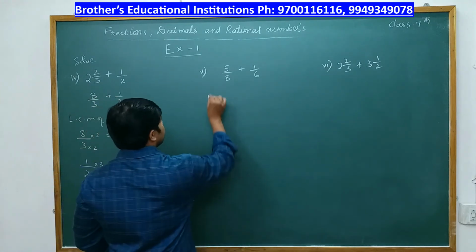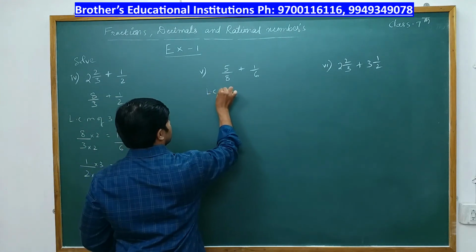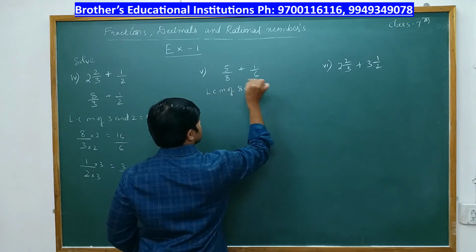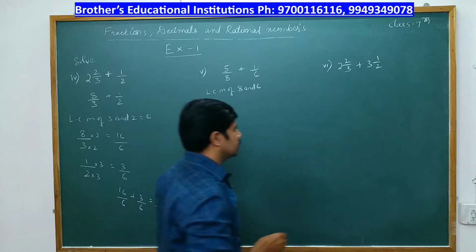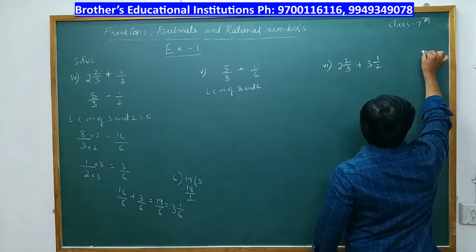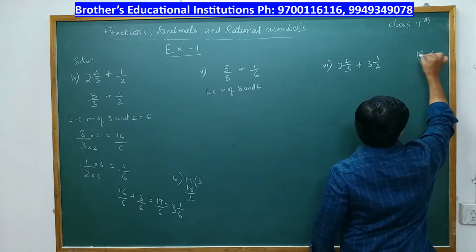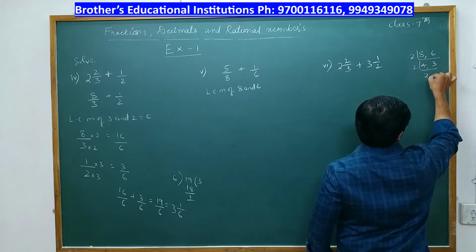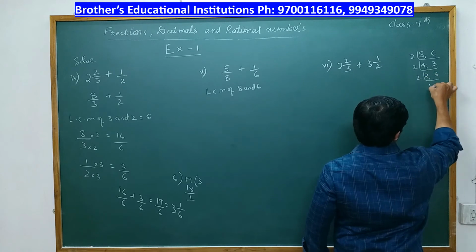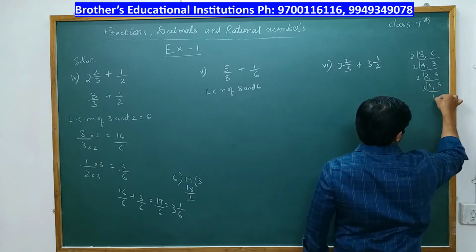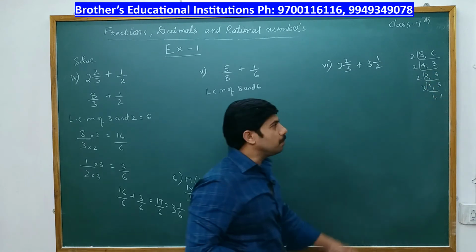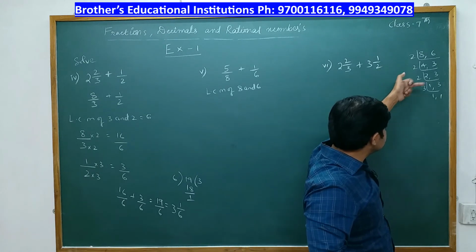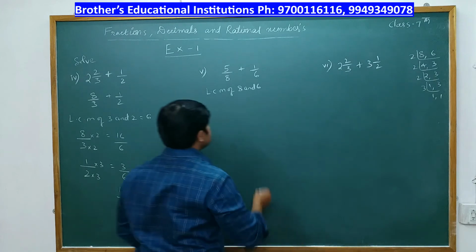So we take LCM of 8 and 6. So what is LCM of 8 and 6? I'll just show it. 8 comma 6. As both are even numbers, we'll take 2. 2 4s are 8, 2 3s are 6. 2 2s are 4. 3 will bring down. 2 1s are 2, 3 you bring down. 1 1. Now multiply these numbers. See, 2 2s are 4, 4 2s are 8, 8 3s are 24.